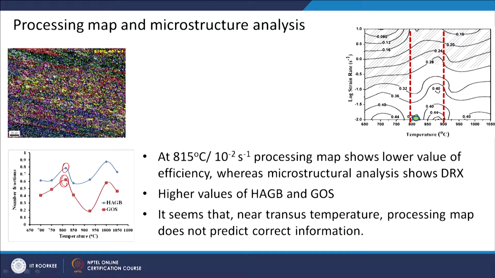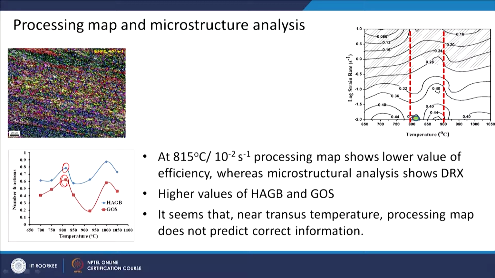Now, you can see the whole microstructure is covered with very fine grains. So, this is now fully recrystallized, and that is why you get all these microstructural parameters with these values. But in my map I do not see